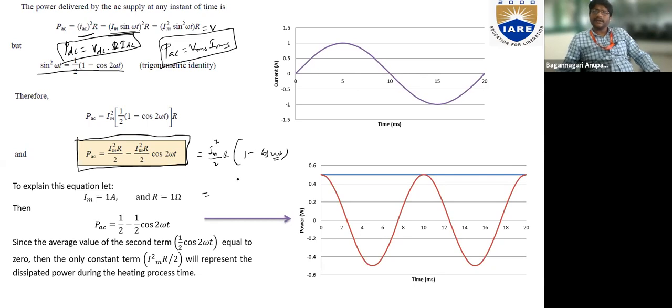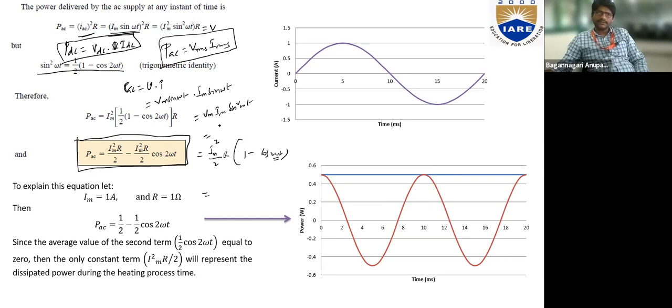Suppose I want to calculate the power for different applications, say for a resistor, for an inductor, for a capacitor, you follow the same procedure. Instead of using Im sine omega t, what is the equation I write with reference to current and voltage? We can do the same calculation. What is the equation I can write for PAC in terms of VAC and IAC? I can multiply V and I. The equation for V is Vm sine omega t, and for I is Im sine omega t. We get the same equation here: Vm Im sine square omega t, right?